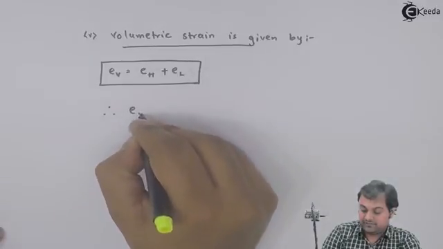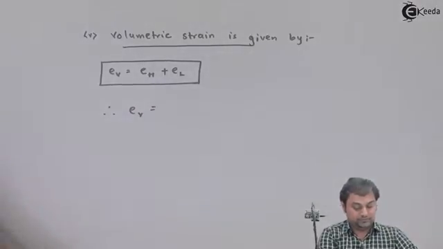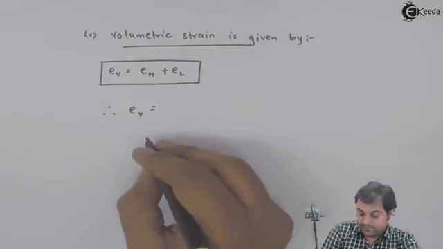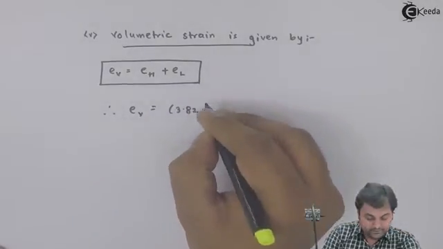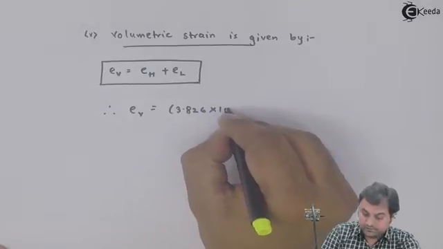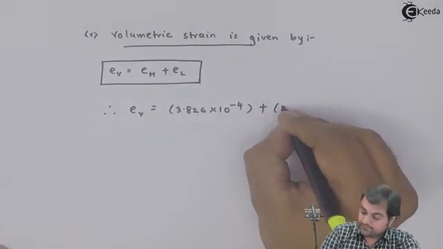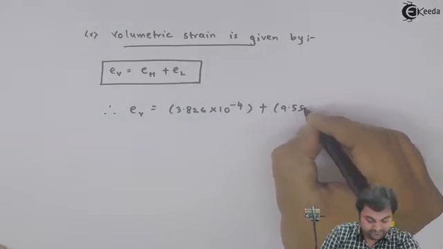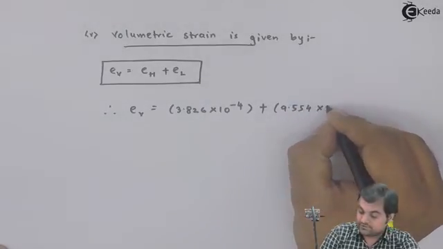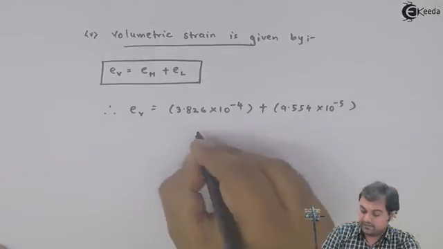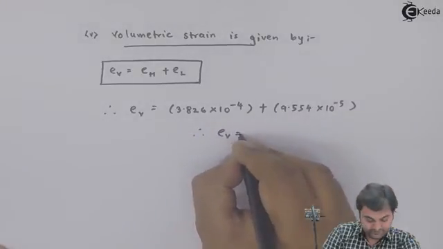Therefore, e suffix V is equal to hoop strain value, which was 3.826 into 10 raised to minus 4, plus longitudinal strain 9.554 into 10 raised to minus 5,